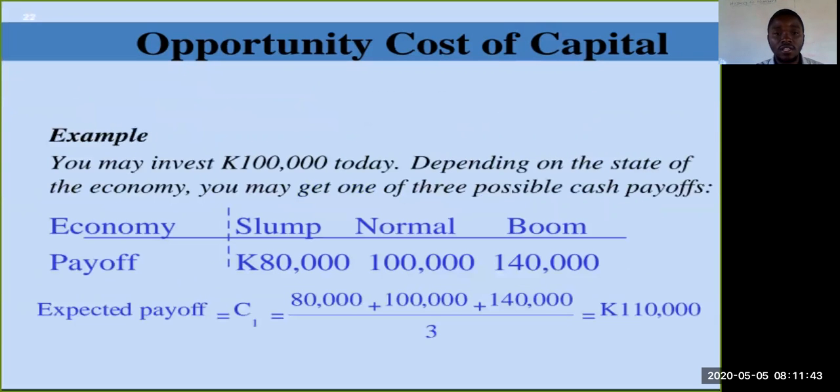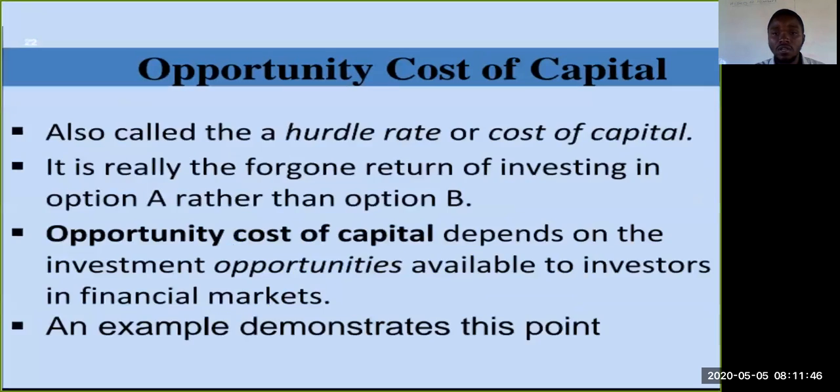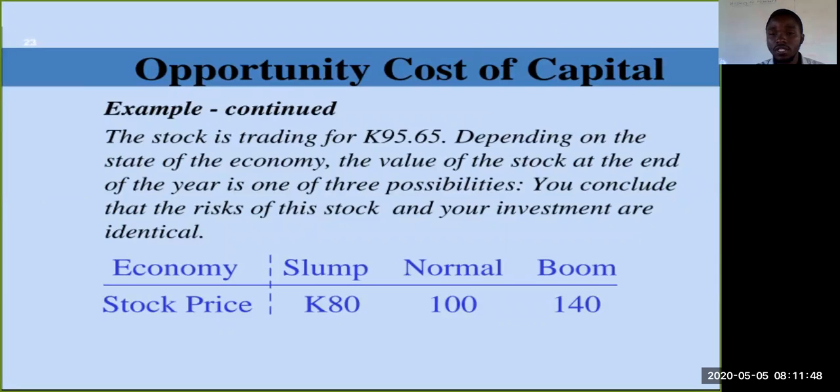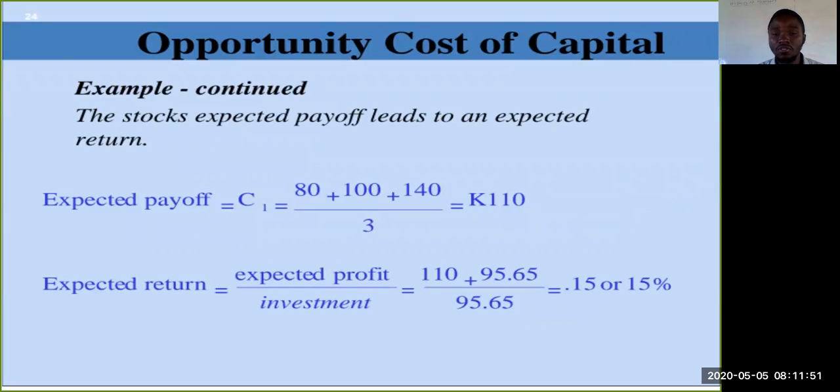We see that in our example, it is going to be greater than the opportunity cost of capital. Hence, we should go ahead with the investment. This is because the rate of return on investing in that stock or asset is greater than the opportunity cost of that capital. So we only invest in something if the rate of return is greater than the opportunity cost of capital, which is represented by the interest rate.